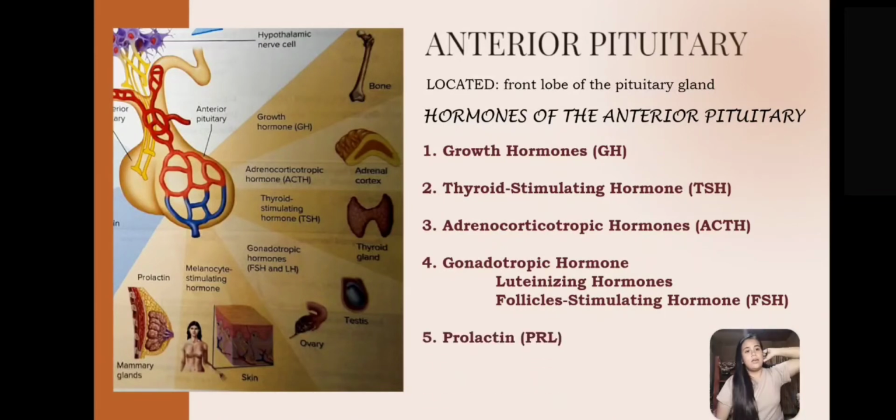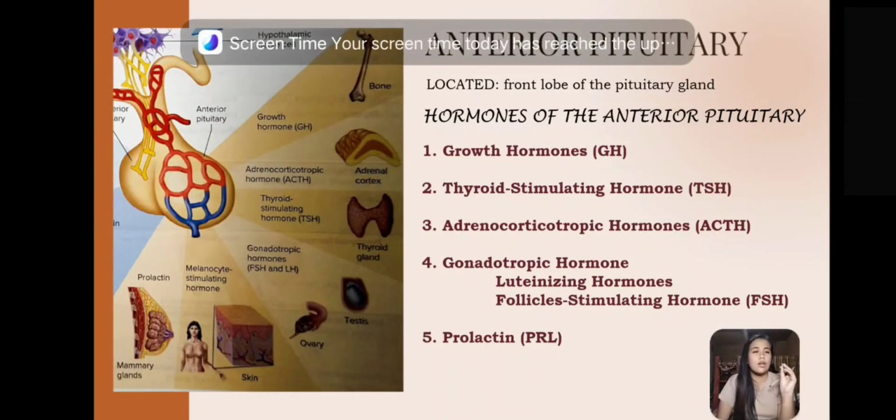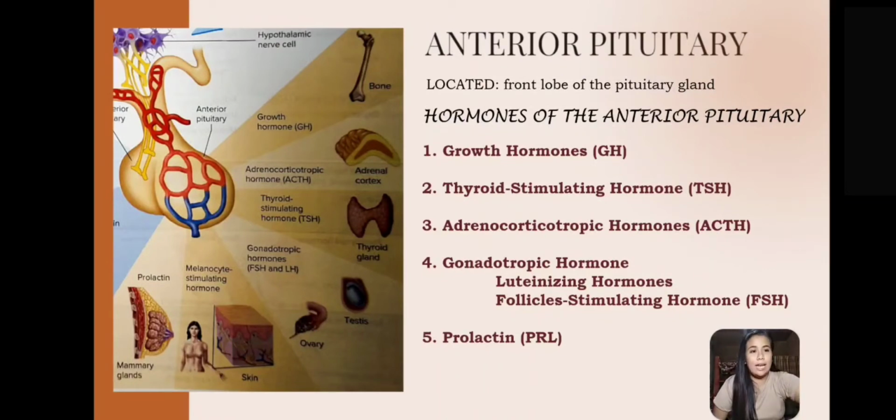Next, the prolactin or the PRL. So the PRL is similar to the growth hormones, but it is focused on childbirth or in the female. So it focuses on after childbirth, it stimulates milk production sa mother's breast. And in male pod, naa ay small traces of PRL pero there is no known function. And then last hormone is melanocyte stimulating hormone or the MSH.